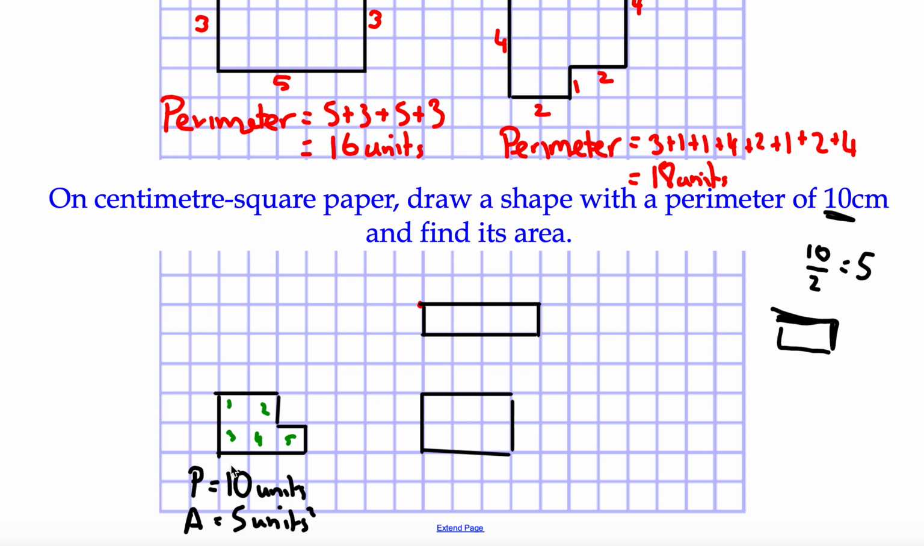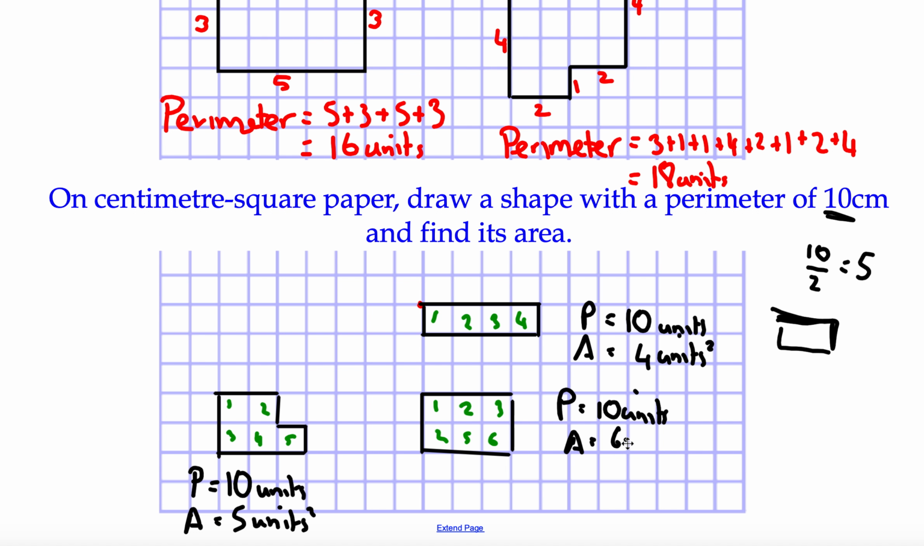Okay, with the second one here that I drew, the rectangle, we've got the area is 1, 2, 3, 4. So although the perimeter is the same, the area might be different. So the perimeter here is also 10 units, but the area is only 4 square units. And the last one here, if you have a look, you'll notice that there's actually more boxes inside. 1, 2, 3, 4, 5, 6. There's 6 boxes. So we can say here that the perimeter is also 10 units long, and the area here is